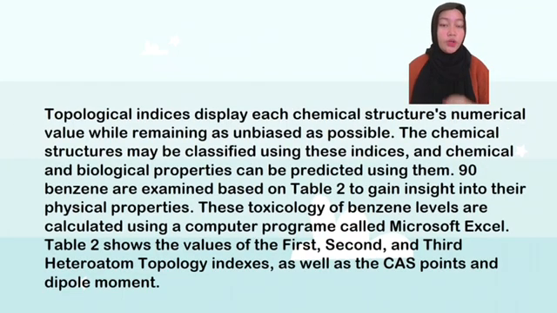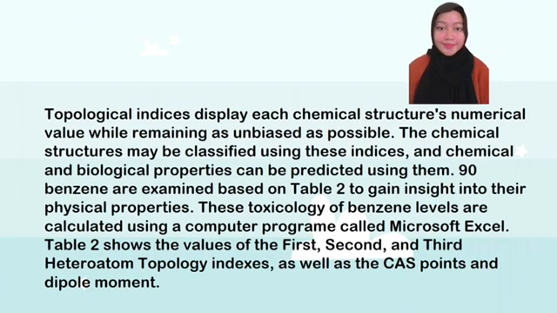Next, for discussion 2, topological indices display each chemical structure's numerical value while remaining as unbiased as possible. The chemical structures may be classified using these indices, and chemical and biological properties can be predicted using them. 90 benzene derivatives are examined based on Table 2 to gain insight into their physical properties. These toxicological levels of benzene are calculated using a computer program called Microsoft Excel. Table 2 shows the value of the first, second, and third heteroatom topological indices, as well as the charge points